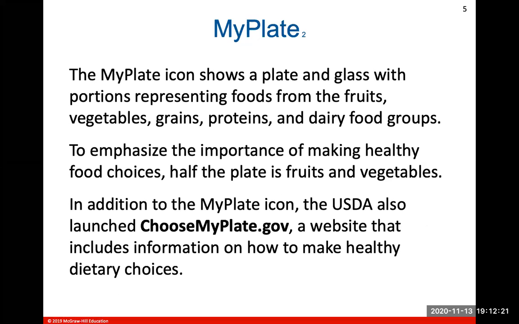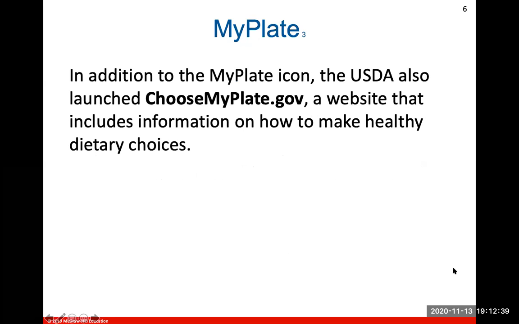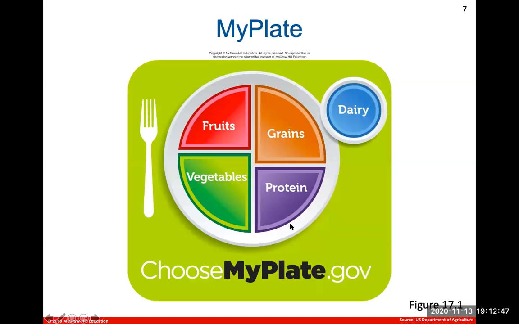It shows a plate and glass with portions representing fruits, vegetables, grains, proteins, and dairy. To emphasize the importance of making healthy food choices, half of the plate is always fruits and vegetables. And you can go to choosemyplate.gov, a website with more information on how to make healthy dieting choices. But this is the main icon that represents MyPlate. Again, try to make half your plate fruits and veggies, and the other half the grains, the protein, and the